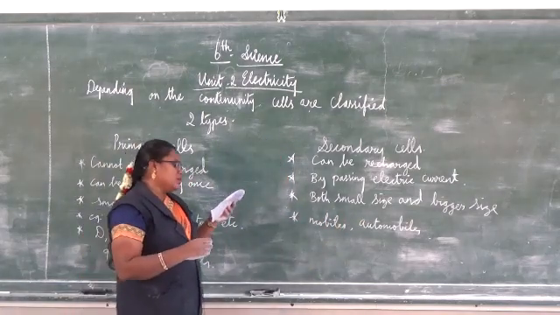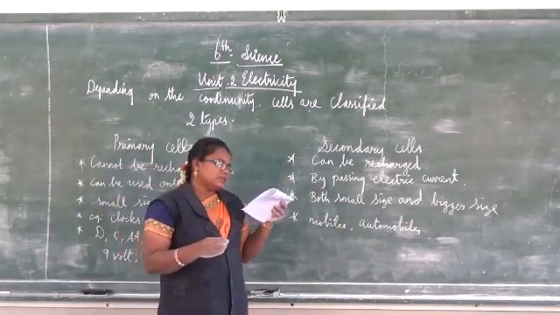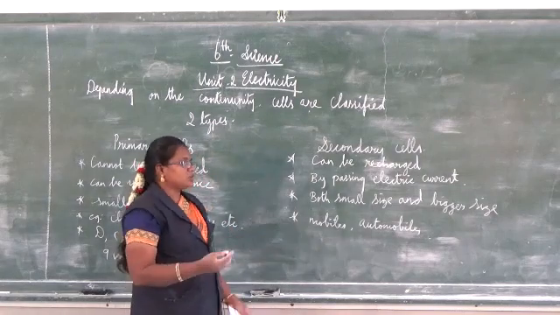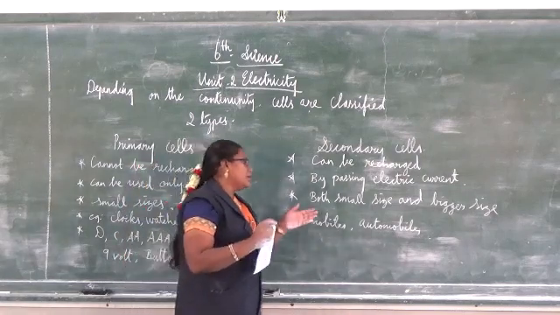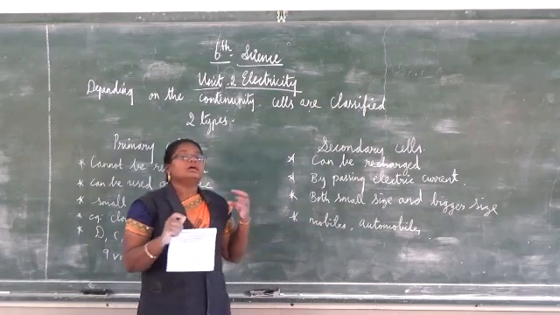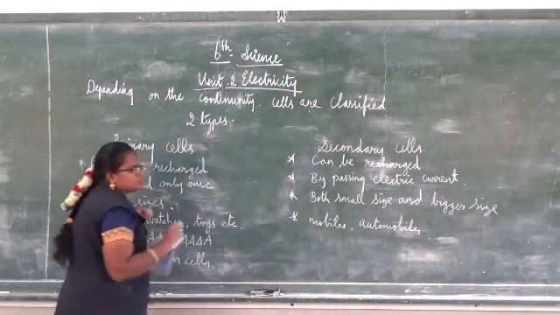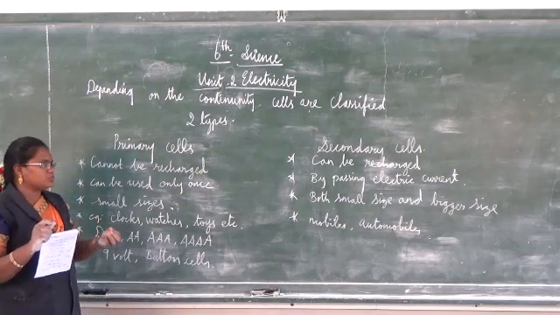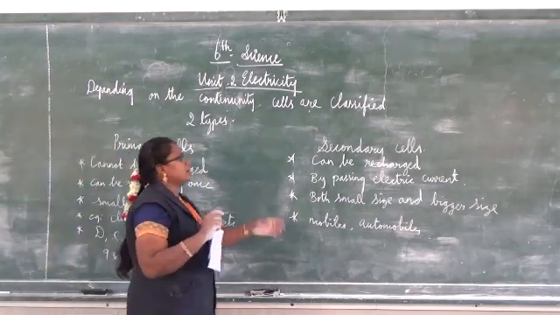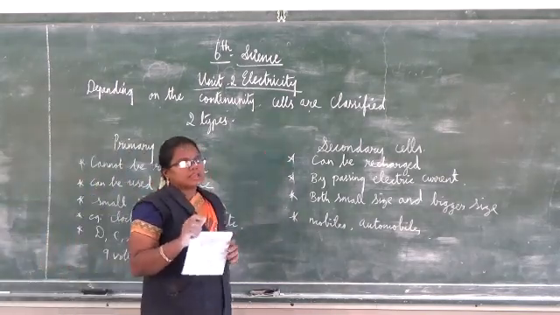Next what they say is, see, it is also heavy. When you take and see the car battery, it will be very, very heavy. Understand? The buttons are very small, but the car battery will be very big. Understand? That's all about the secondary cell.